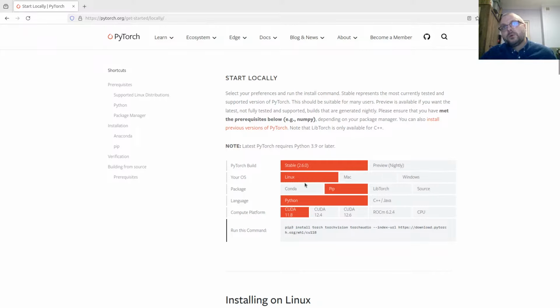You need to pick your operating system. So I'm using Linux, and I'm using the pip package manager for Python, and CUDA 12.6,